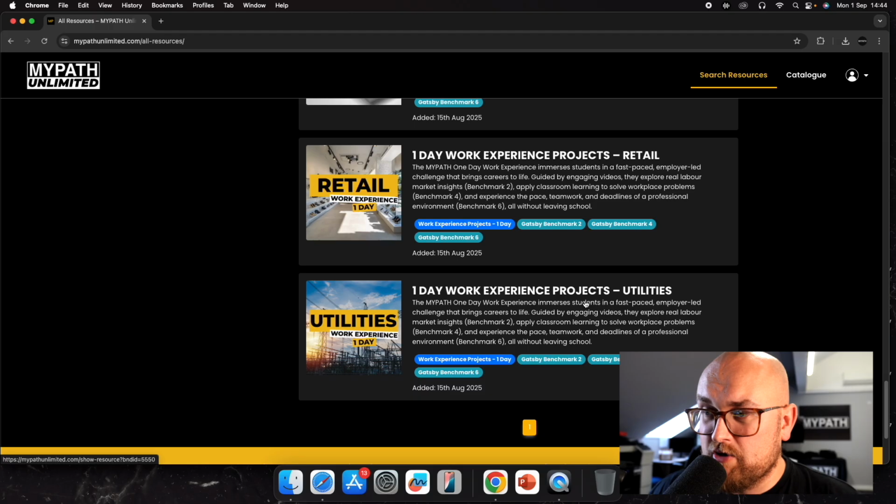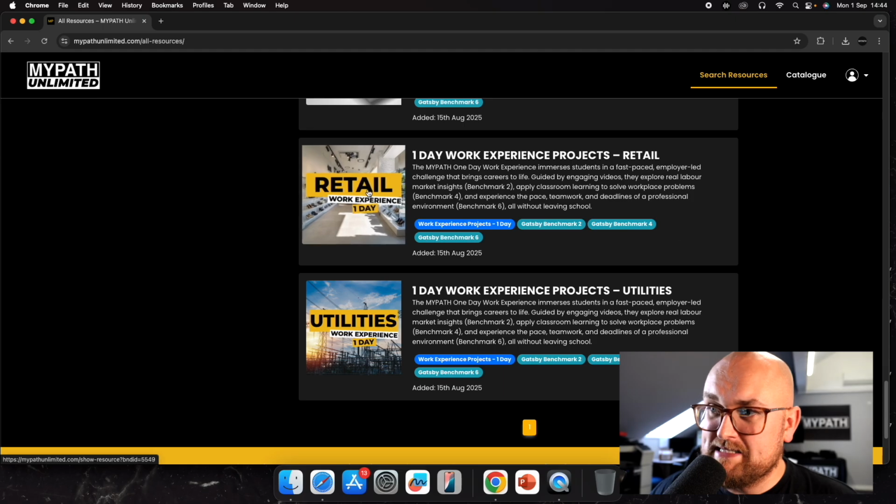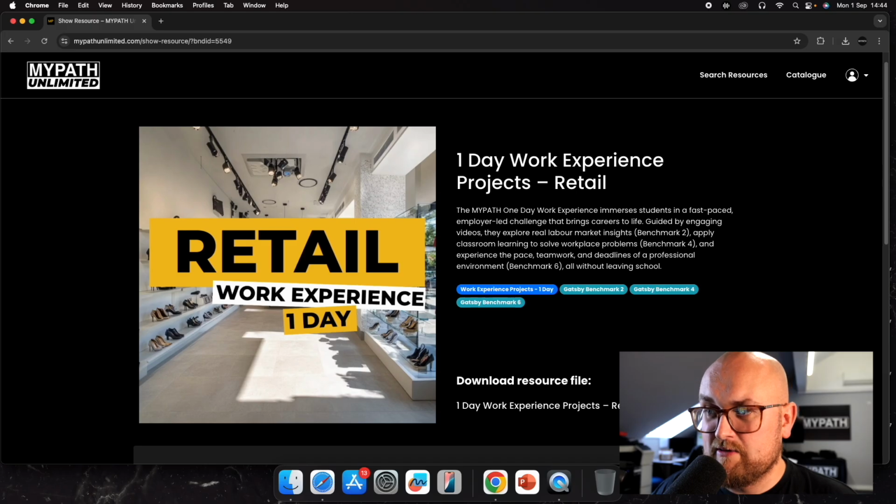Now you could either run a combination of these for your students, or instead you could decide on one. Essentially these will work as long as you bring at least one volunteer from the industry you've chosen. So let's use retail as an example. If you've got a volunteer or a group of volunteers that might be able to support in delivering this as they work or have experience in retail, you can simply click into this, you can download the file, and